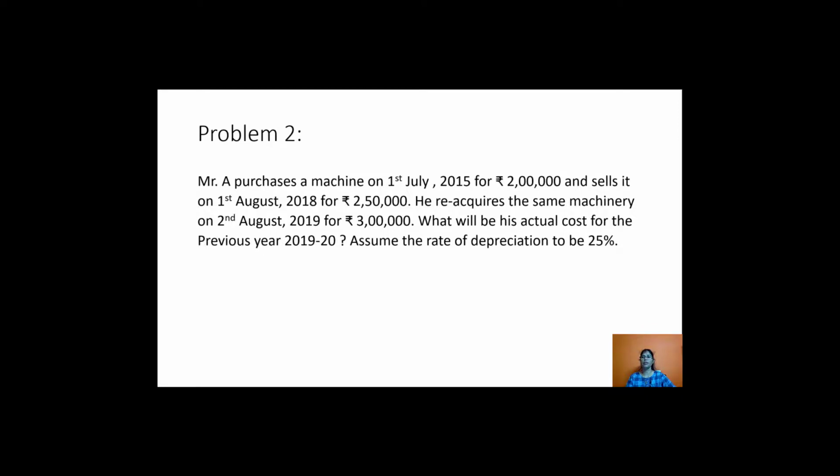If an asset is transferred by the assessee to another person in an earlier year and subsequently reacquired by him, the actual cost would be the actual cost when he acquired the asset as reduced by the amount of depreciation allowed to him and reduced again by the amount of depreciation to the subsequent years, or the actual price for which the asset is reacquired by him, whichever is lower.